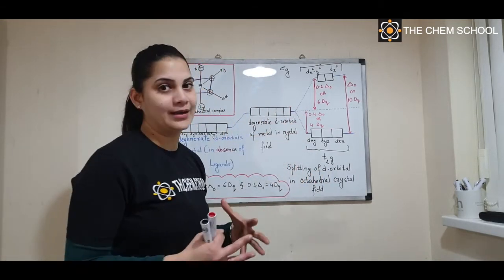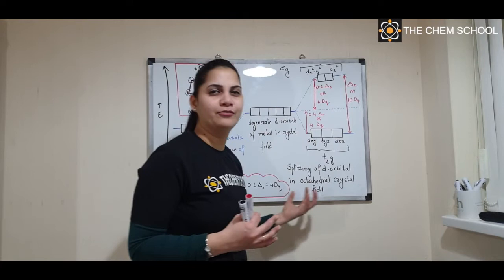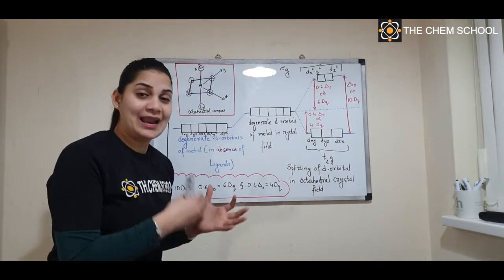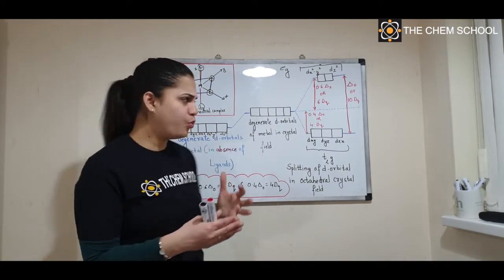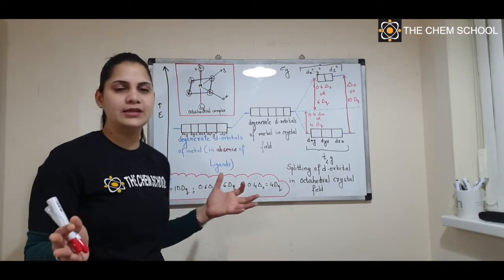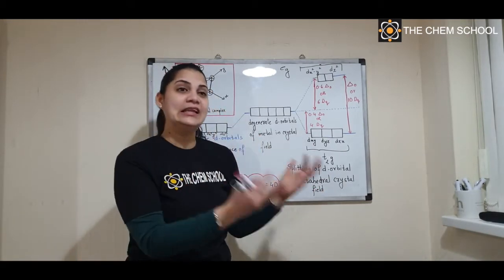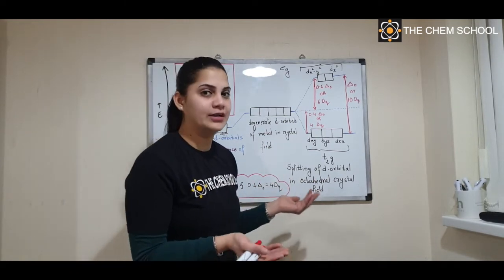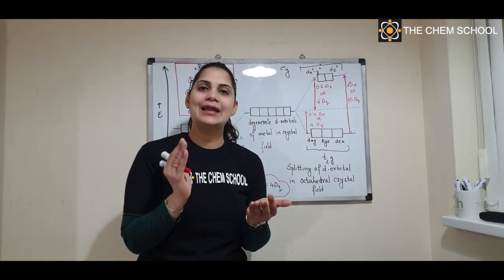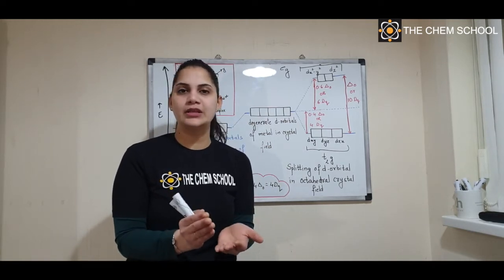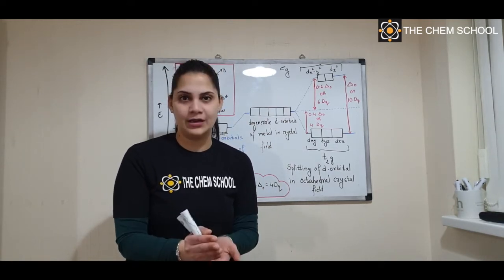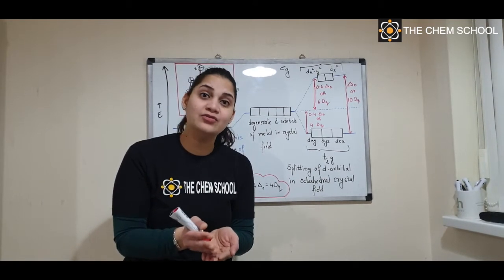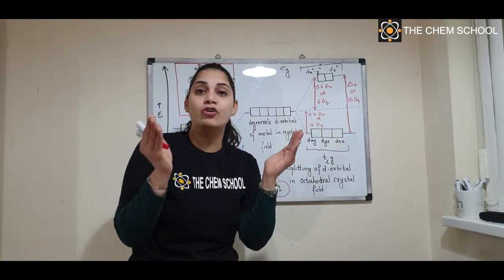So this is what you need to understand, and these are all the numbers of splitting of d orbitals. What you're seeing here is nothing but an application of crystal field theory. Once you understand this, you can very easily understand what crystal field theory is and what its salient features are. Application is the more important part. In crystal field theory, what we are doing is splitting of orbitals. Of which orbital? Of the d orbital, the d orbital of the central metal of a complex.